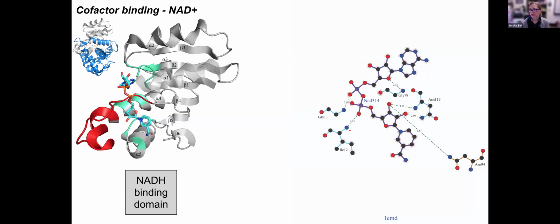Then I find that there's this fun area. The one I'm showing you is from E. coli, so the numbering is from that. This glycine 78 is at the beginning of the active site loop that covers over the active site. And so at the beginning, the backbone is able to sense, is there a nucleotide there? And then at the far end of the active site loop, there's an asparagine that kind of caps off that